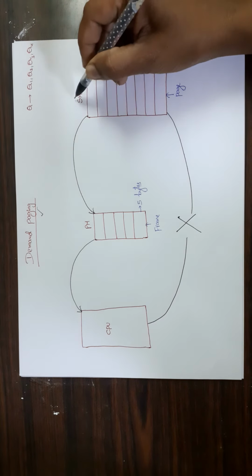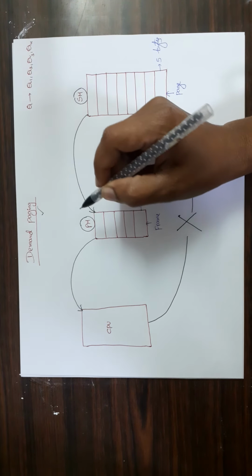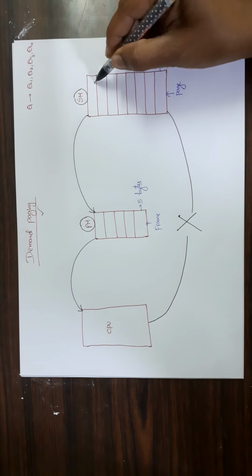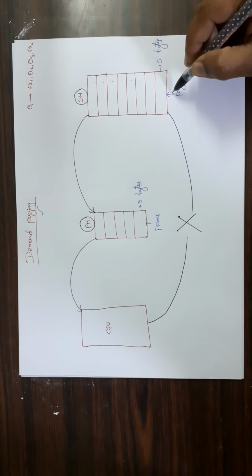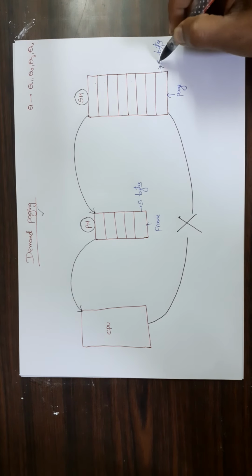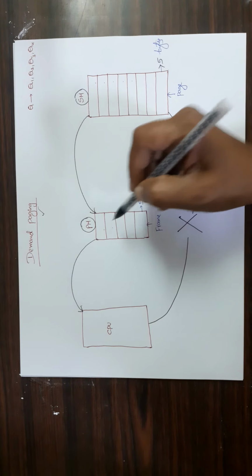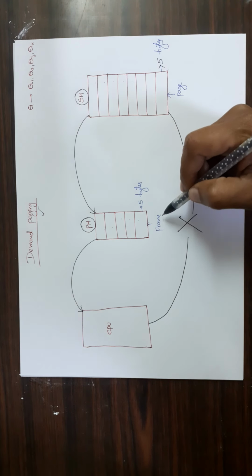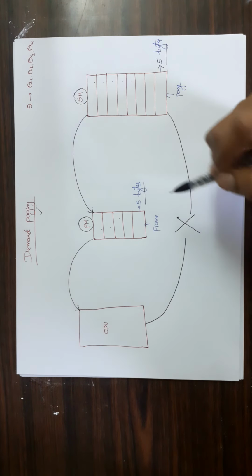Let us assume that this is the secondary memory and this is the primary memory. Here I am using the paging concept for memory allocation. The entire secondary memory is divided into equal sized portions. Each portion is called a page, and let us assume that the size of each page is 5 bytes. The entire primary memory is also divided into equal sized portions, and each portion is called a frame. Since the page size is 5 bytes, the frame size should be 5 bytes only.